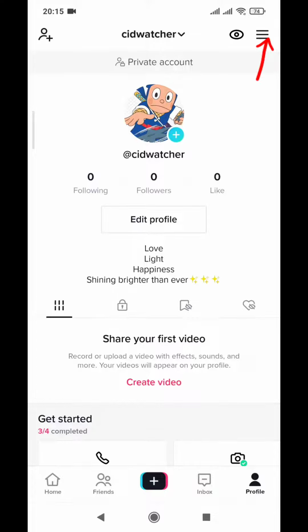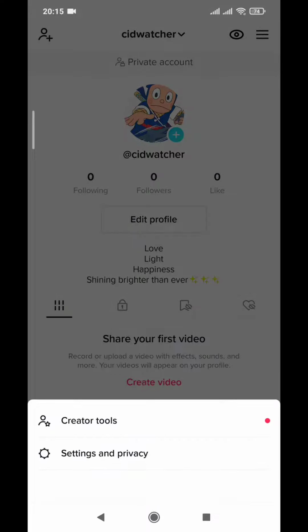and you don't want it to be private anymore, so you click on the three horizontal lines or bars at the top, just next to the profile name, and click on it. Settings and